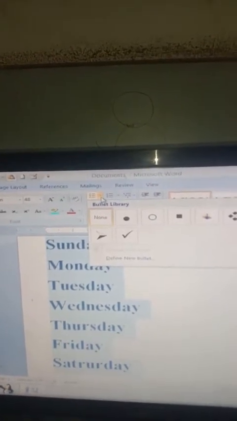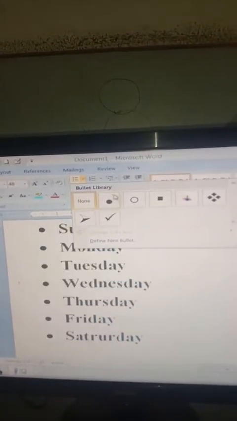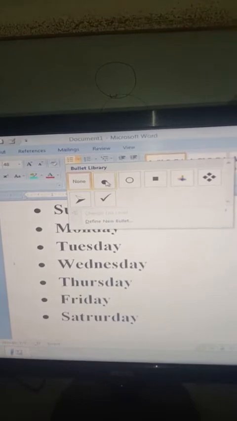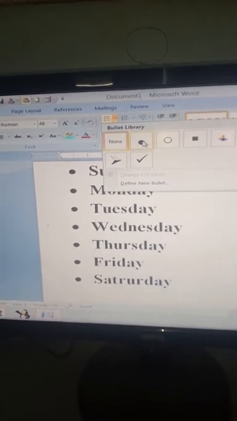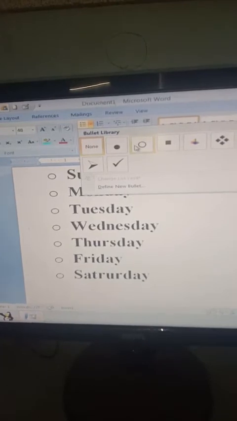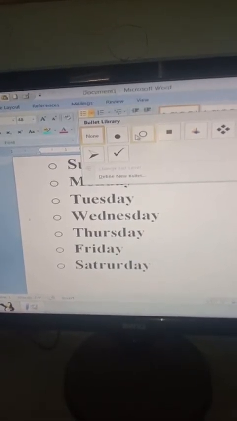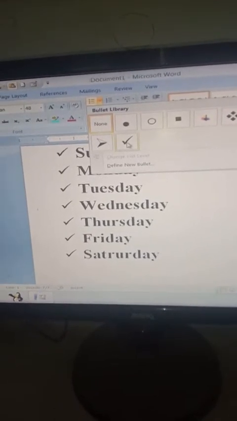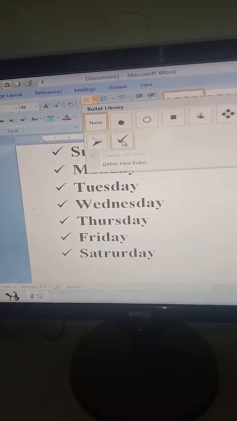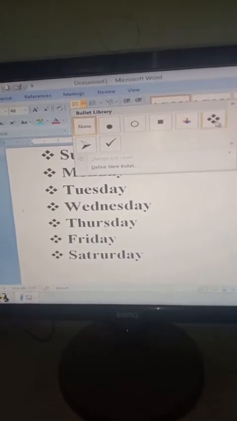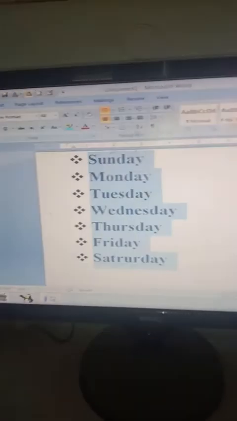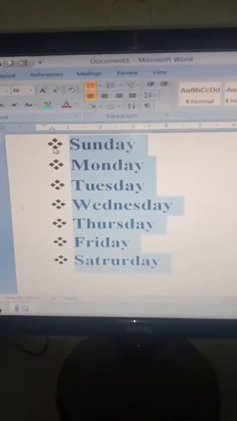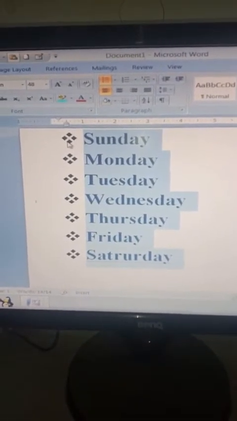As soon as I have left clicked over here, look, there are different bullet options. There are different styles of bullets over here. Whenever I bring the cursor to any of the bullets, look, the content changes to that bullet type. Again, I bring the cursor over each of the bullet styles, and look, the different styles of bullets are applied in the document. Suppose I have selected this bullet. As soon as I left click over here, look, a bullet of this style appears on the document. So this is how we can apply the bullets in our document.